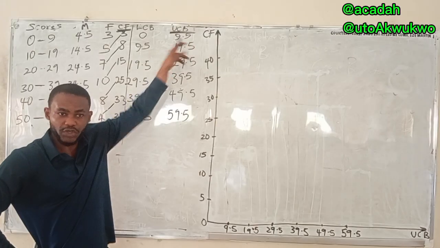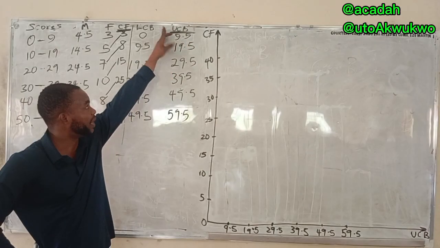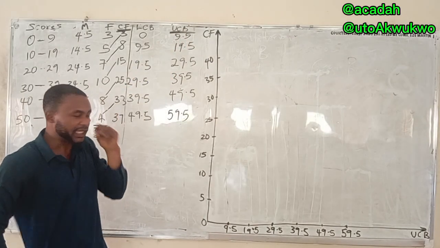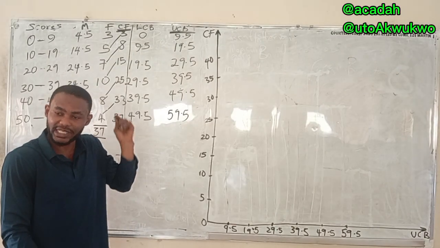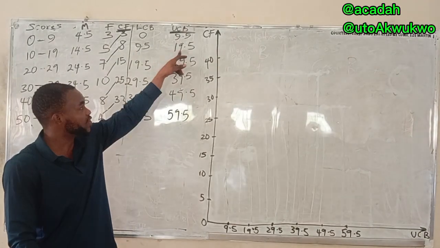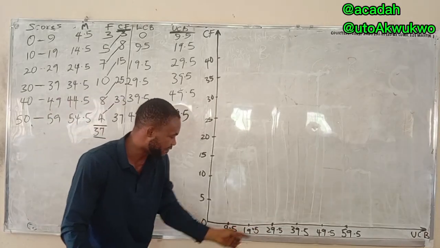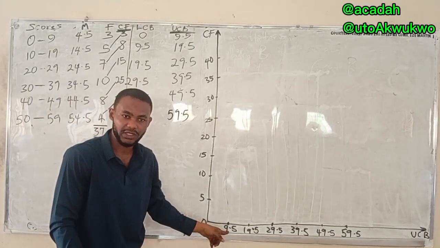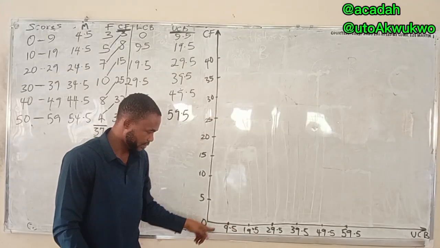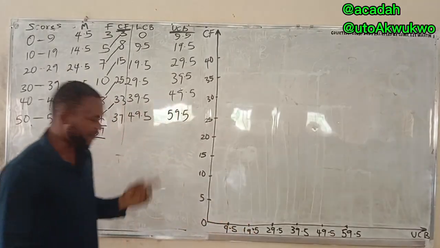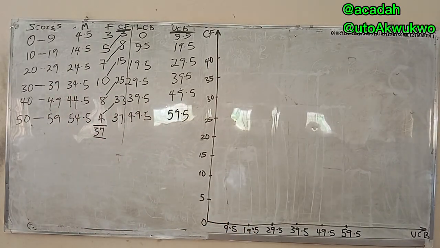So another way to think of it, if you can't remember upper class boundary, you can just say the upper class interval. That is another way to remember it, because this thing we're actually saying is the upper class interval. This is different from this. The gap from here to here is the difference. So however you want to remember it, that's my point.